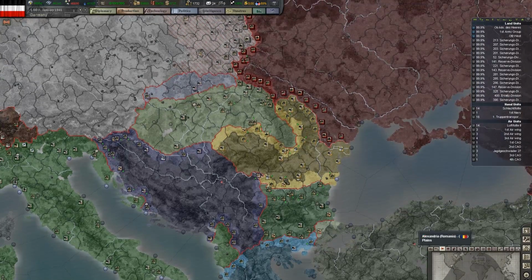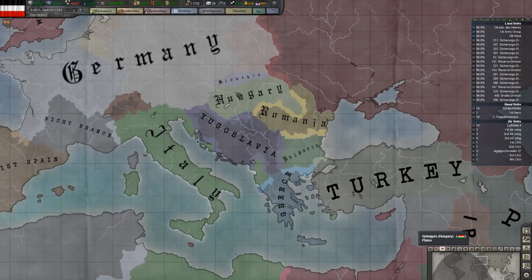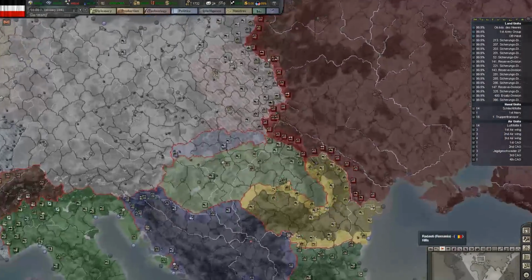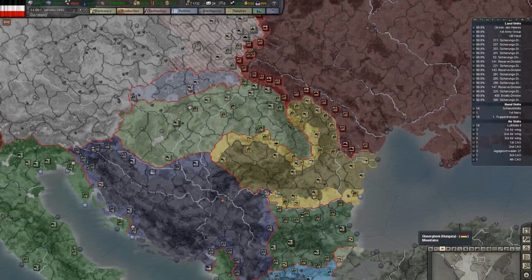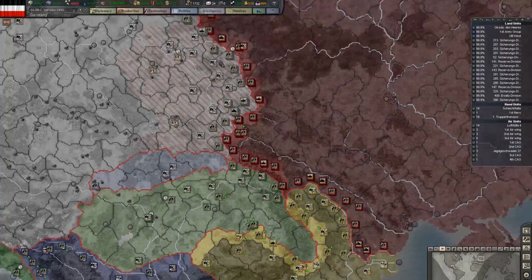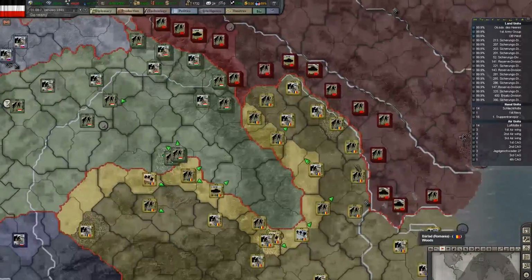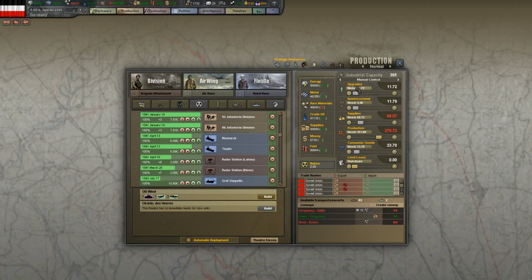Yugoslavia's slouching there. I would love having this entire block down here as my allies. Alright, so now they're reorganizing, pushing all their units up against the...